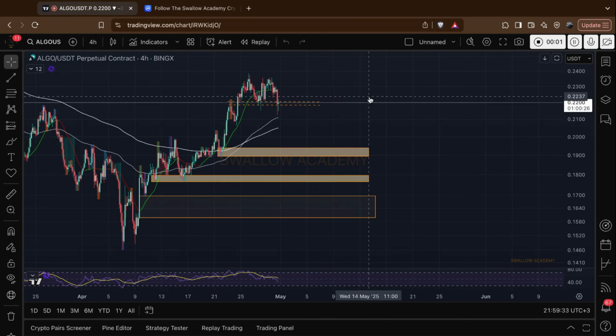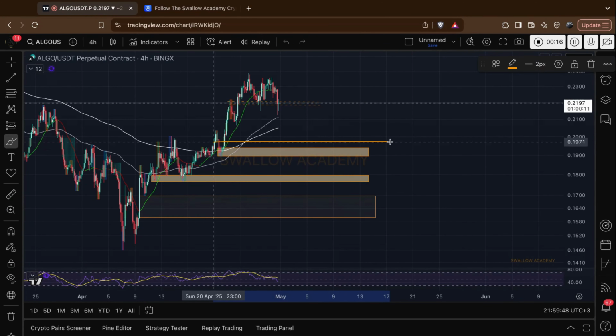Welcome back everyone to another technical analysis, and today we are taking a look at Algorand coin. Recently we had a proper market structure break forming on the 30-minute time frame, but before we go to the smaller time frames, as we are forming the market structure break, we want to point out a few target zones, which are this region here,